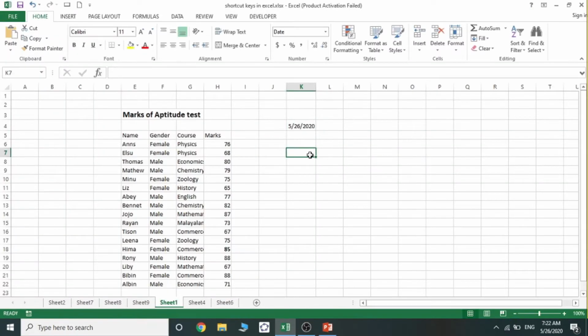So click on another cell, Control Shift semicolon. So 7:22 a.m. is the current time. We need not enter the values, just click Control Shift and semicolon, then the current time will be displayed. So this is the shortcut key for entering the current date and current time.